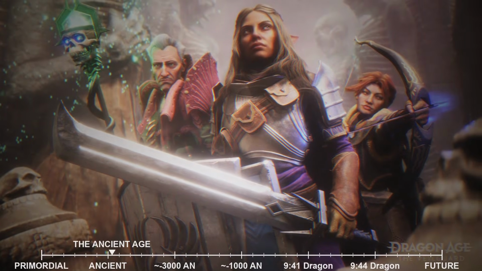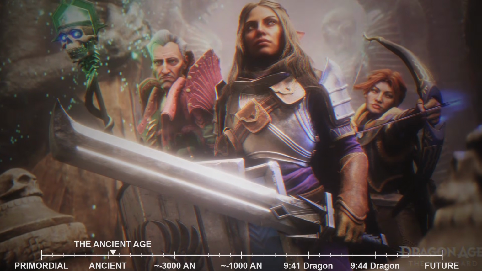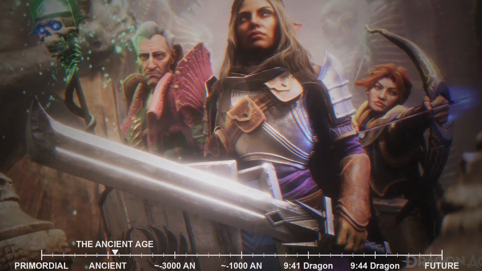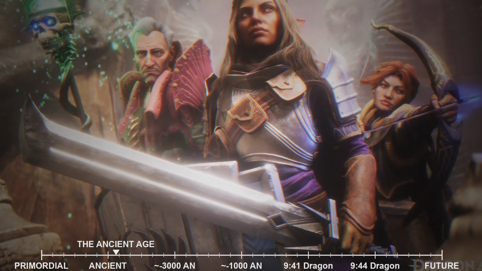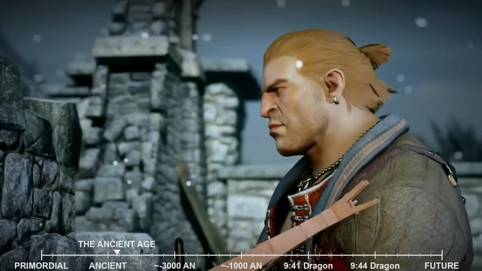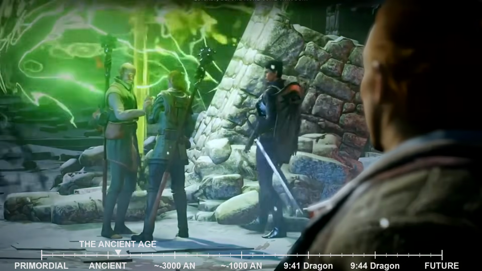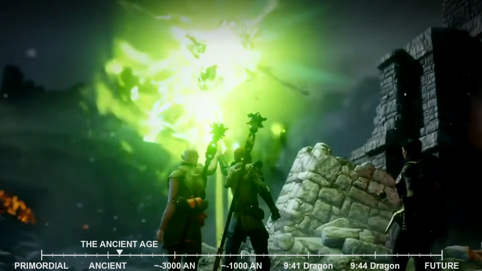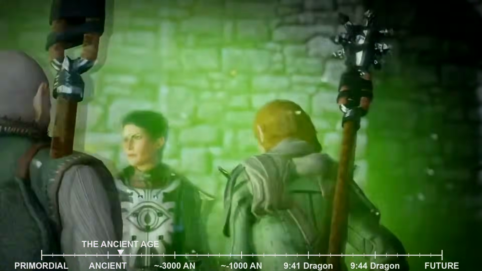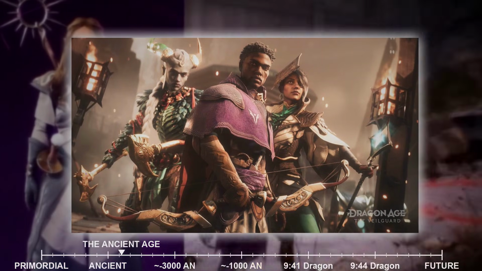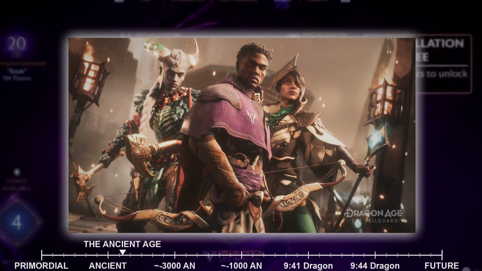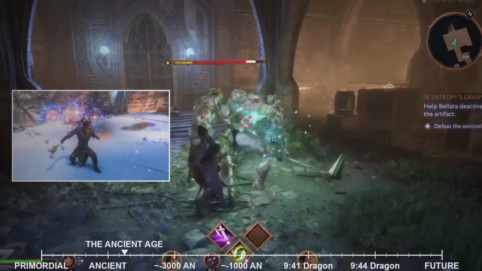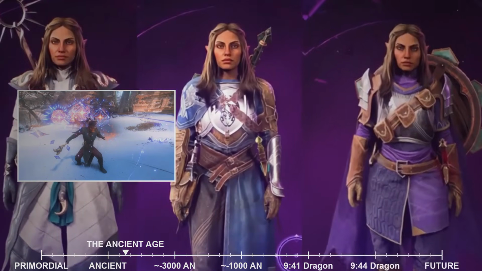The first generation to experience this change does not understand what is happening. They feel themselves weakening, aging in ways they never have before. Elves who have lived for thousands of years suddenly find themselves growing old. Some die within days of the veil's creation, their bodies unable to sustain themselves without the constant flow of Fade energy. Others linger, confused and terrified as they watch their friends and loved ones wither and fade. The elves' magical abilities are also severely diminished. In the time before the veil, magic was as natural to the elves as breathing. They could shape reality with a thought, command spirits, walk through dreams as easily as they walk through forests.